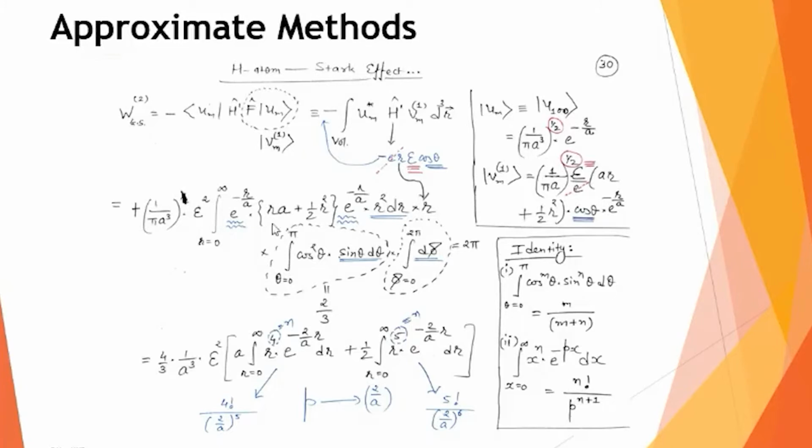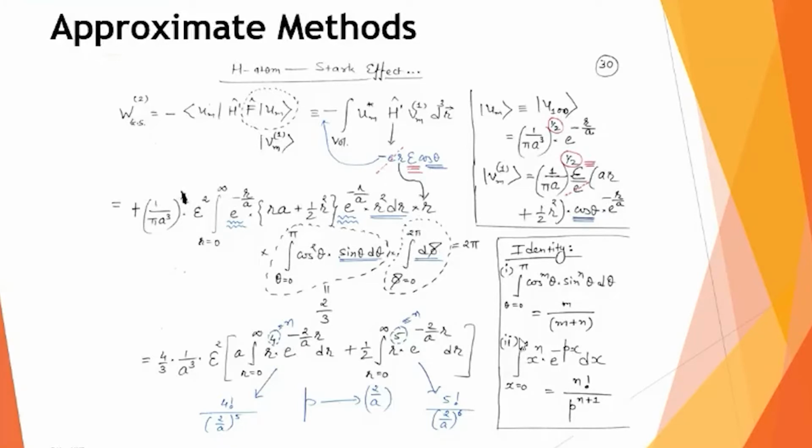And here in this r dependent part, this radial part, now you can see in this curly bracket, we have 2 terms, r into a and half r square. So I can now split these 2 parts and I can form the 2 integrations. So I do now all these calculations here in the last step. All these constant terms I write together outside. Some cancellations will also take place. And then this r dependent part I divide into 2 parts. Then I have the 2 r dependent integrations. First, which goes from 0 to infinite, r raised to 4 e raised to minus 2r by a, and similarly another equation which contains r raised to 5 term and e raised to minus 2r by a.